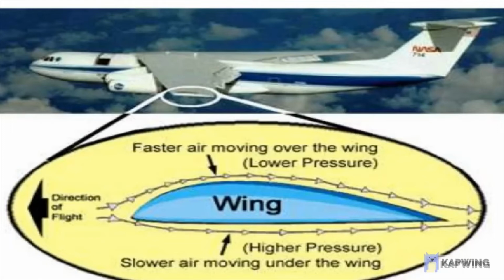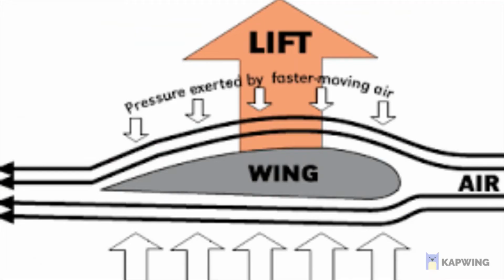Now, if we see from Bernoulli's theorem, it states that if a region has a higher velocity, then it will correspond to a low pressure, and vice versa, the region which has a lower velocity will correspond to a higher pressure. So this pressure gradient which is developed between the two surfaces of the airfoil helps the aircraft